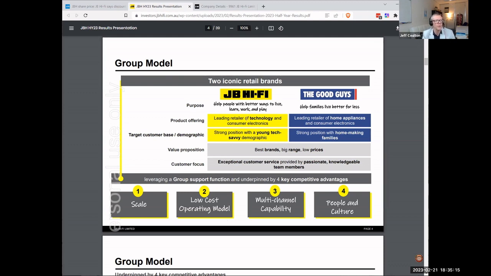Tells us the 2 main brands, JB Hi-Fi and The Good Guys, what they're offering, and who their target base is. And this one's interesting because the point that JB Hi-Fi make in their earnings calls a lot is that for the young tech-savvy demographic,